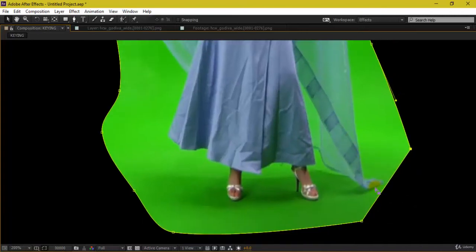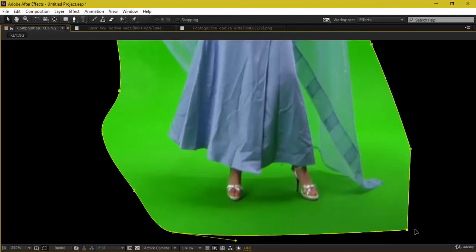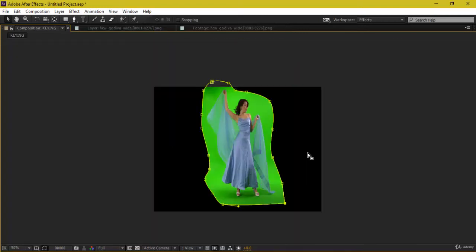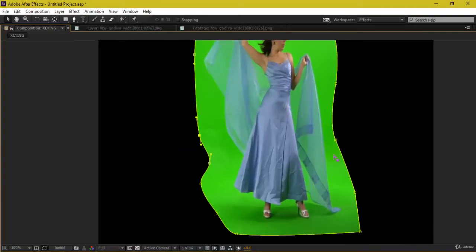I guess there is some cutting over here, so we can just take this up something like this. You have to make sure that none of the areas is being cropped or left out of your mask, as it might lose the information of the character or the subject which you want to key out. Make sure all the areas of that character are included, and no pixels are left out or not covered in your mask.